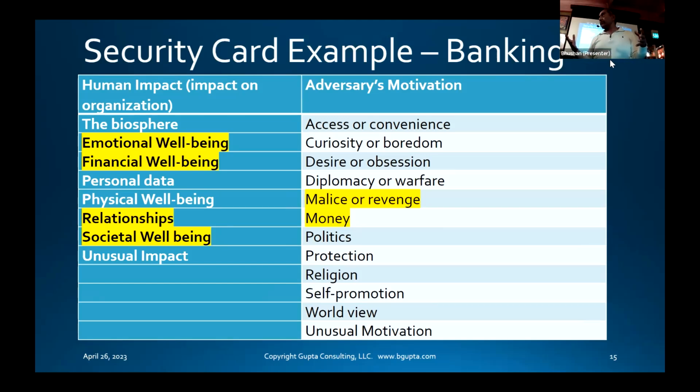So you take a data point. Let's say I look at a banking operation where people want to hack the bank. It could be for different purposes. They want to steal the money. They want to block somebody from getting their money. They want to set their balance to 0. That's all different ways of hacking. So if you look at the human impact of that,